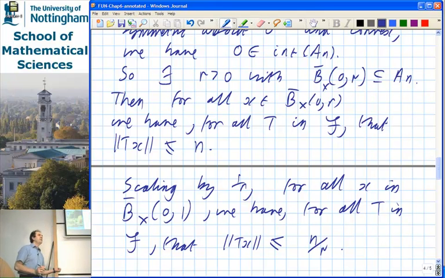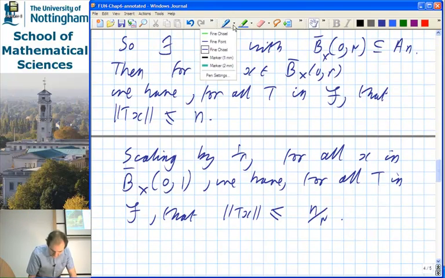N, of course, was probably quite big because you probably had to go quite a long way. And R, well, as usual with the usual proviso, actually you can scale up and down using n and 1 over n, and you could have done something like that. R is probably quite small because you've got a small neighbourhood of the origin, so 1 over R is probably quite big, but it doesn't matter. You can just set capital K to be n over R,